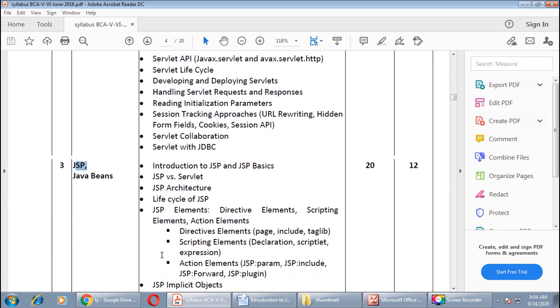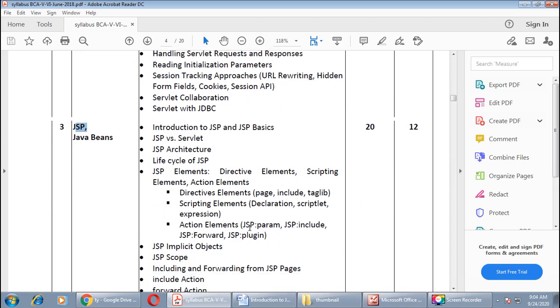Here, the weightage of this chapter is 20%. The topic covered in this unit is introduction of JSP and some basic concepts. Then we will compare the JSP and Servlet. Then we will learn the architecture of JSP as well as life cycle of JSP. Then we will clear the concept of JSP element, and the subtopics of this main topic are directive element, scripting